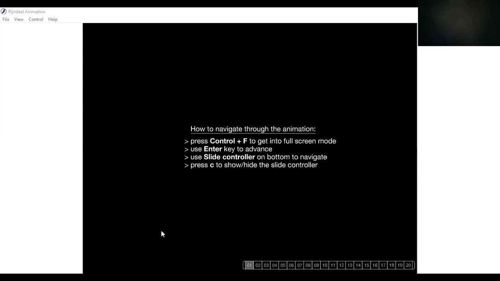Let me calculate it first. Wait a second. If you take 256 into 256 and divide it by 16, you get 4096